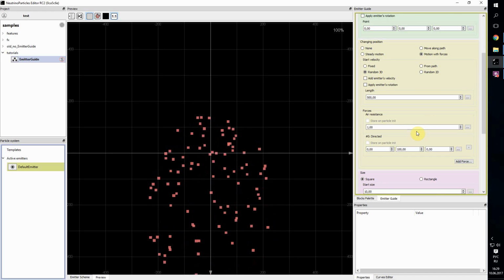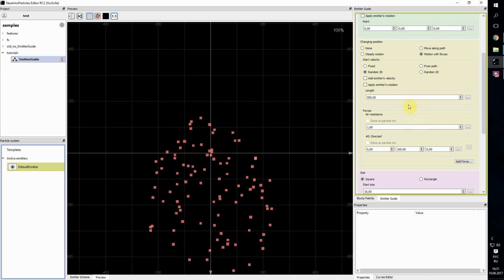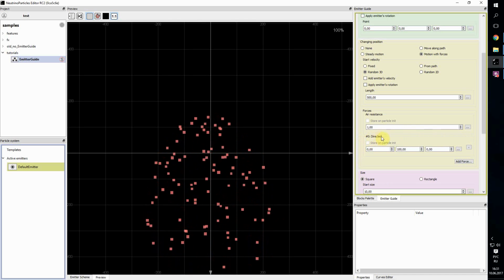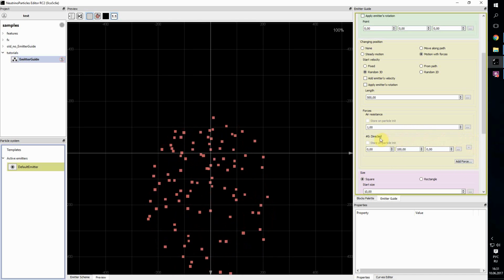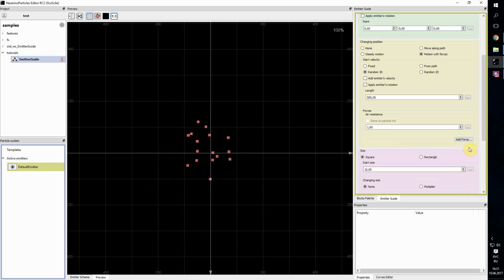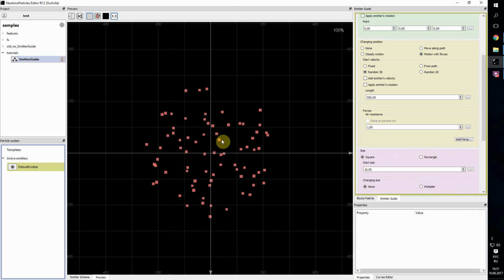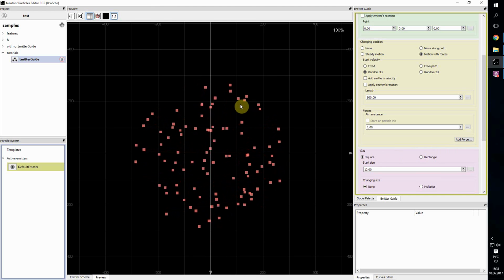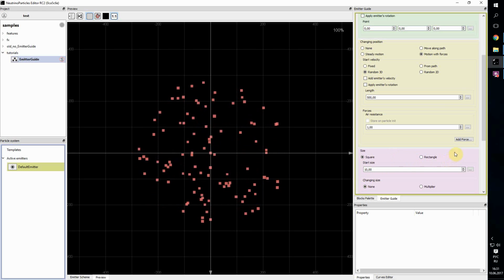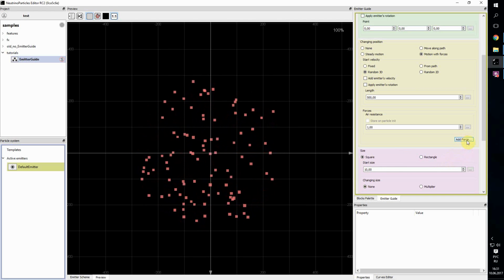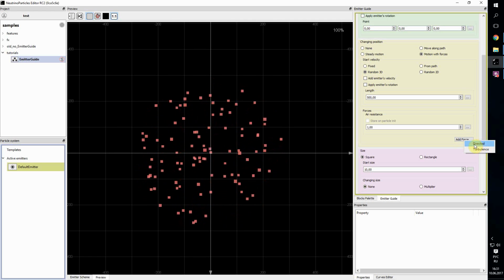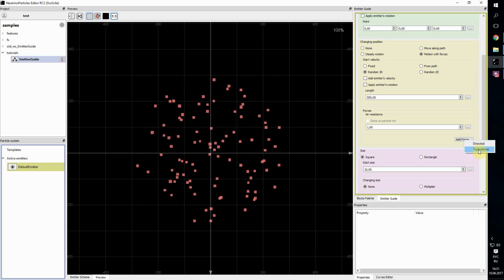Now let's look at the next group where directed force is defined. It is default one. You can delete it. So now you can see that particles just slow down but don't fall down. You can add it back with add force button. Here you can see you can add directed force or turbulence. Let's add directed,